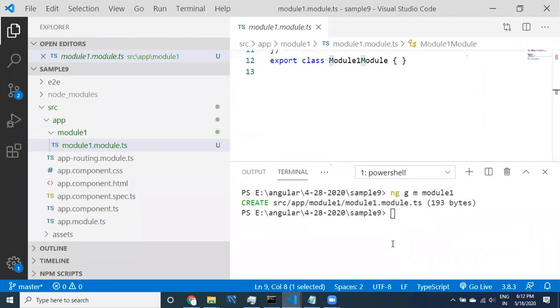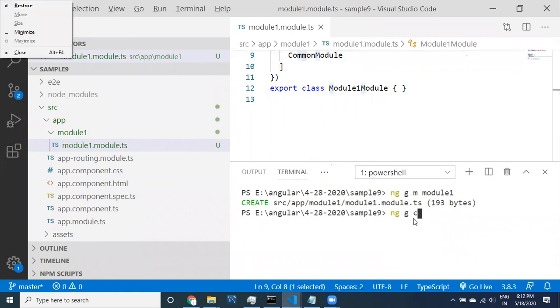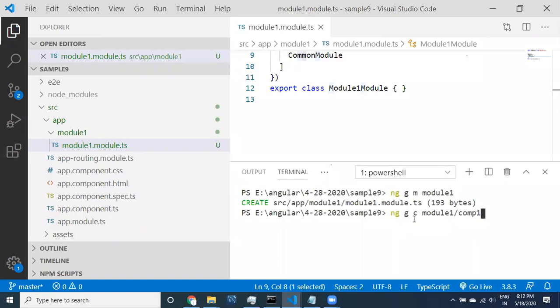We already know how to execute the command to create a component, but we need to change it: ng generate component module 1 slash module 1 slash comp 1. Remember that carefully: module 1 comp 1. Whenever you hit the command, it is going to create a component inside the module.